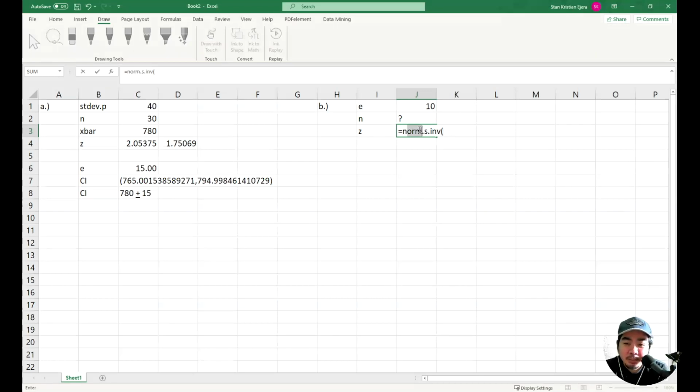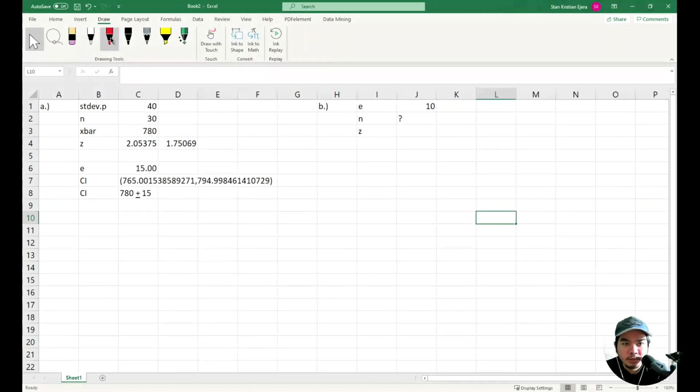So, ito, again, E natin is equal to 10 kasi gusto natin within plus minus 10 siya. N is what we are looking for kasi gusto natin mahanap yung number of samples needed para yung makukuha nating X bar from that sample is within plus minus 10 of the true mean. Okay? So, Z natin is equal to,